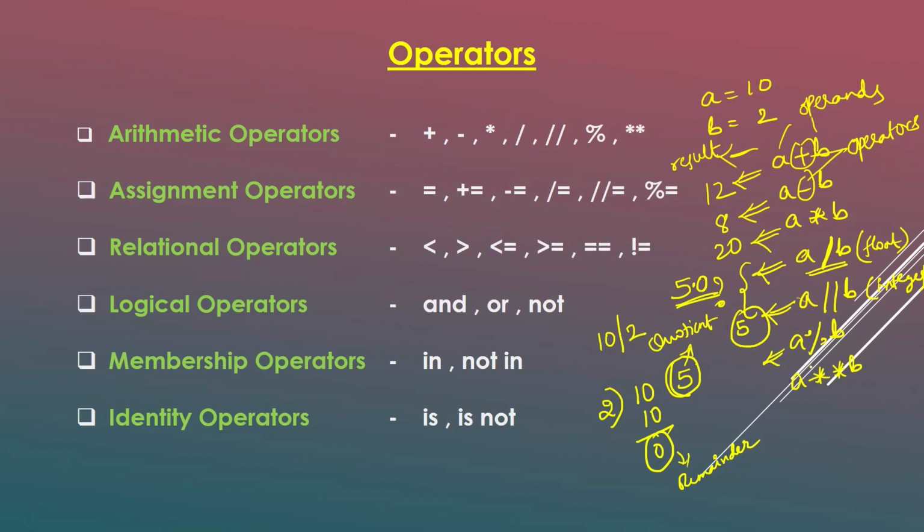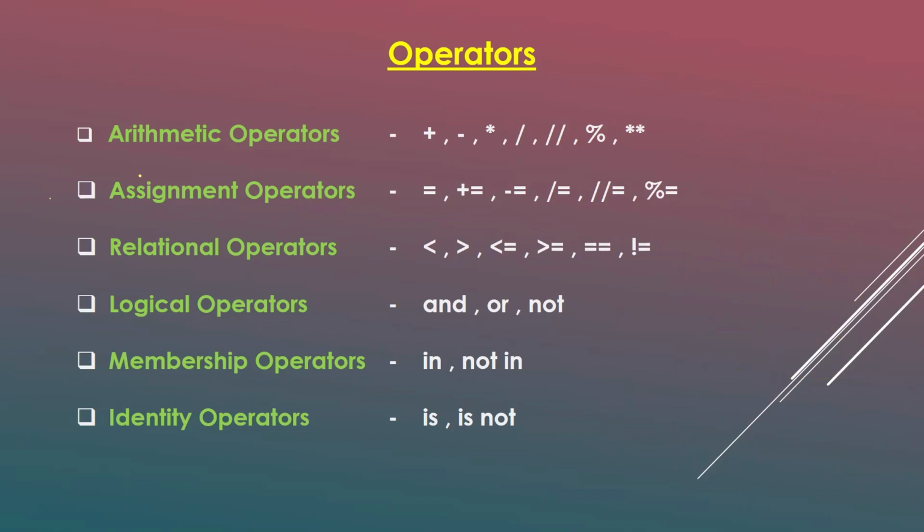What will be the output for this? You will be performing a modulus operation between these two values, so it performs division and then returns the remainder. So the output for this is 0. And what is the output for this? If you give 10 star star 2, the meaning here is 10 square, that means 10 into 10, so the output is 100. So this is all about arithmetic operators.